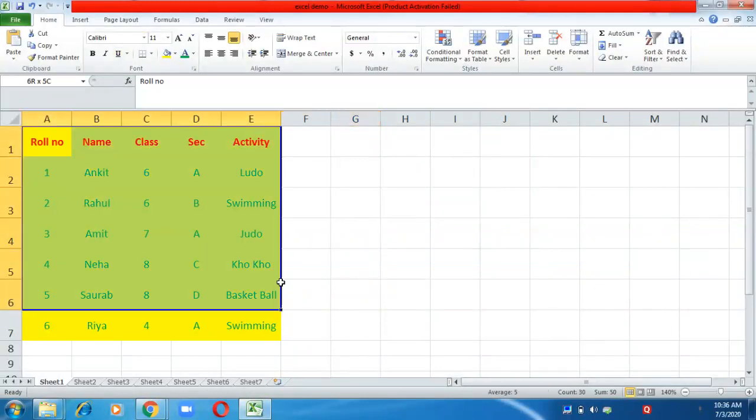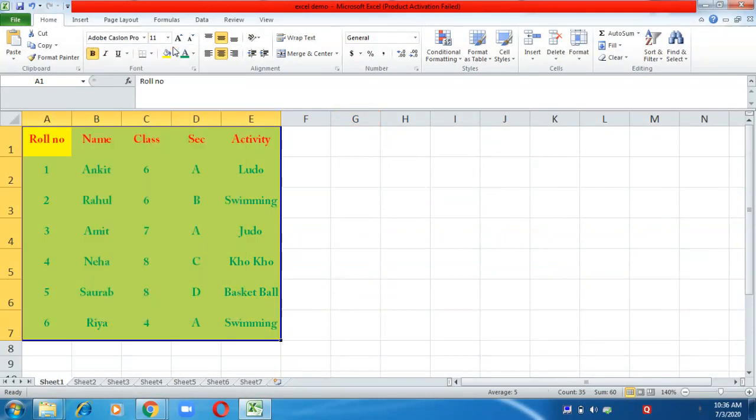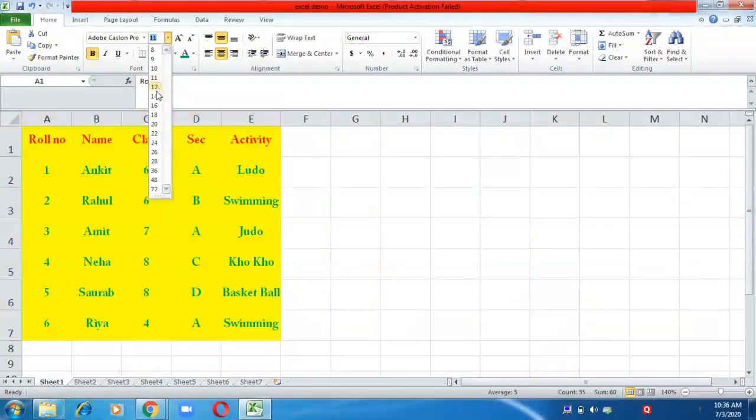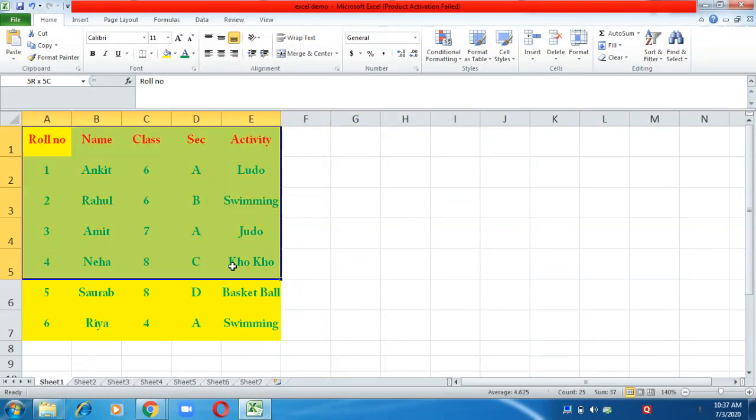Now you can also change the writing style, that is the font. So here we have the different writing styles. You can choose any of them. And then the font size. So here we have changed the appearance of the text, or we have done the formatting. Next, alignment also we have done. Next is now how to give borders to the table.